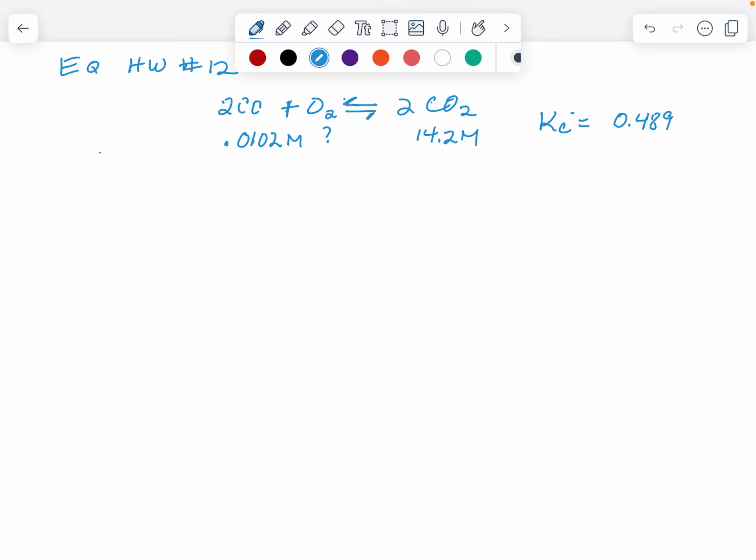Got a question on the discussion about the equilibrium homework question number 12. It starts with an equilibrium between three gases. 2 carbon monoxide reacts with oxygen reversibly to form 2 carbon dioxide. And we are given that the